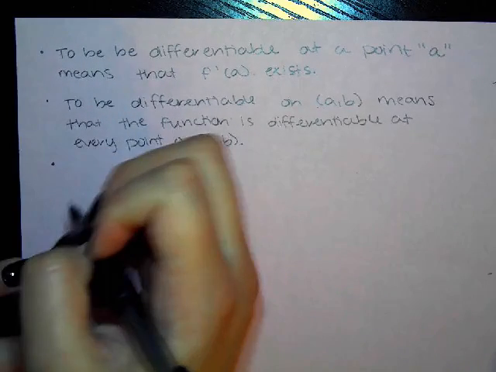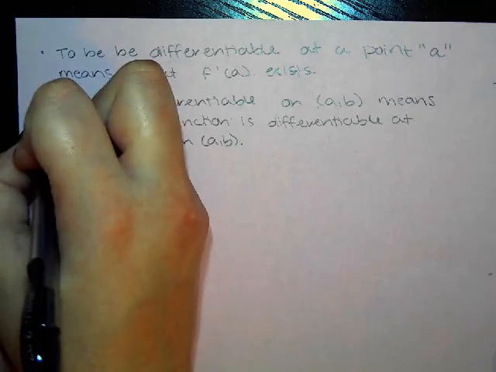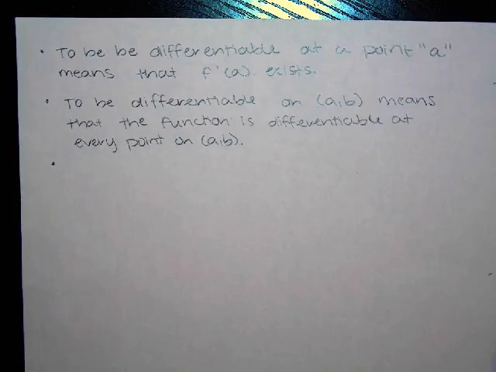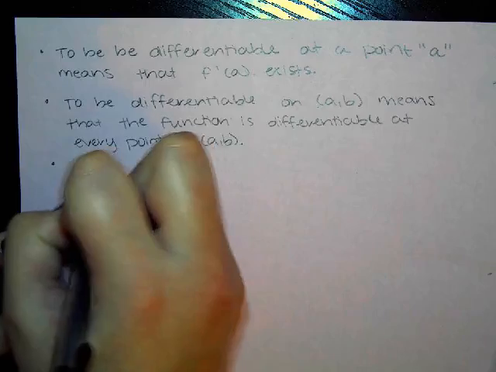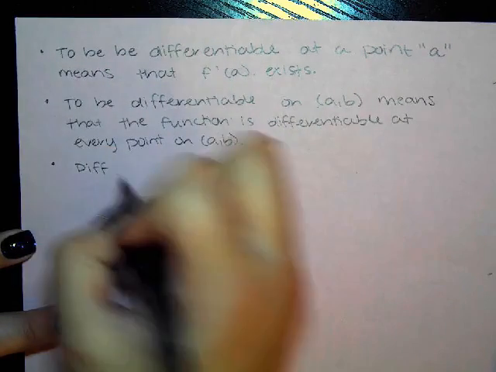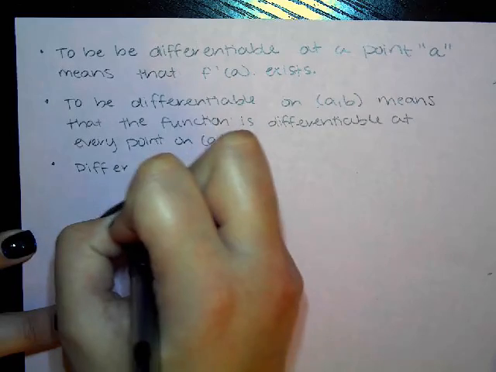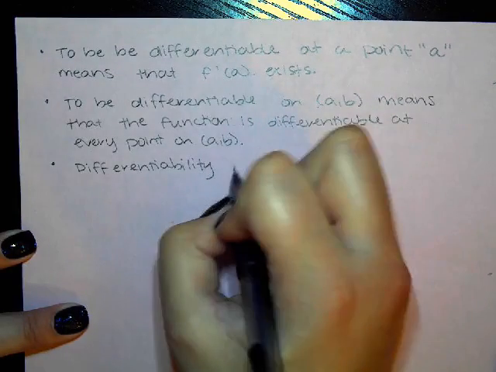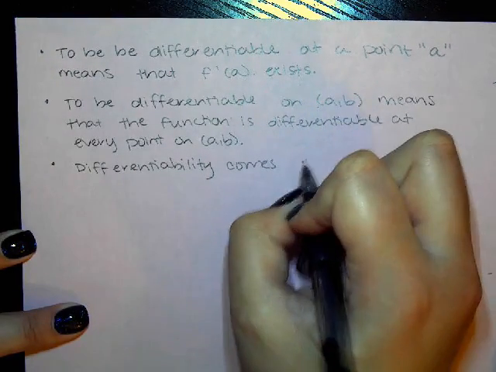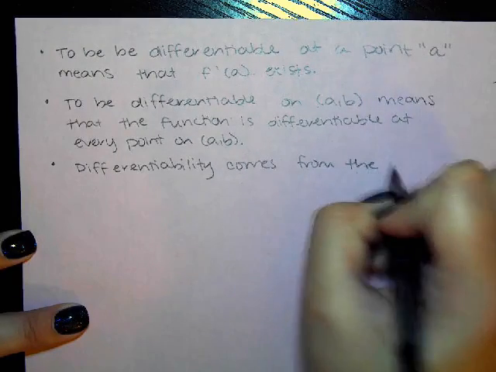And since we learned on the first day of the unit, well, I guess this was supposed to be the second day of the unit, that the derivative comes from the slope formula, and it comes from taking the slope formula and turning it into a limit, then that means that differentiability comes from a limit existing. Do you guys remember what we need for a limit to exist? The left hand and right hand have to agree with each other. So differentiability comes from the limit definition,